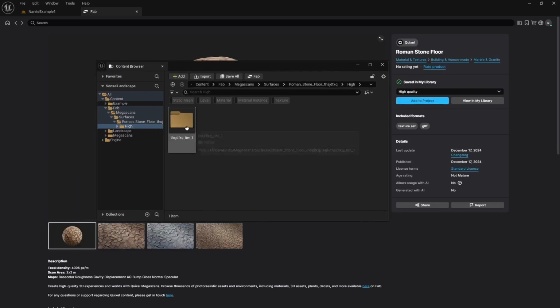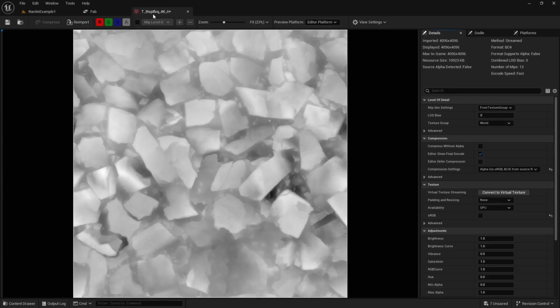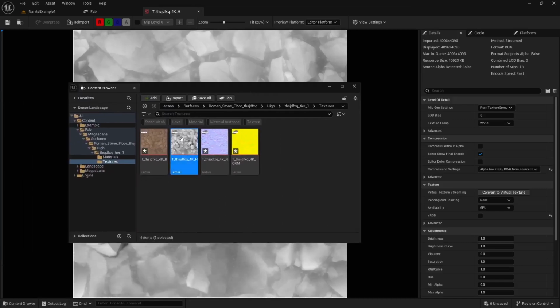So here we will get our textures. Open this up, go to Textures, and these are the textures provided to us. And because I selected high quality, we also get the height map, which is now separate from the mask. So the textures provided from Fab are exactly the same as the textures provided in Bridge in the video that you're watching. The only difference between the Bridge textures and the Fab textures is that the height map is now